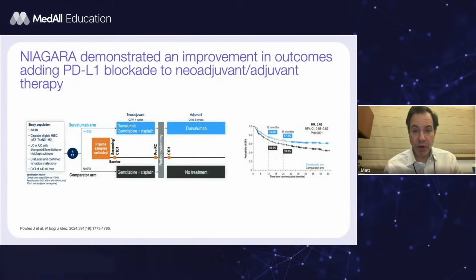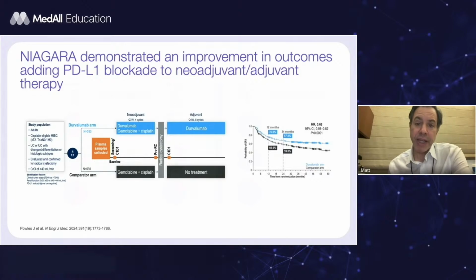So we have one large data set and several smaller data sets evaluating the potential role of ctDNA testing in the neoadjuvant setting. And that data set comes from the NIAGARA study. And this was a randomized study of gemcitabine cisplatin plus or minus durvalumab in patients with muscle-invasive bladder cancer. And patients who were randomized to the durvalumab arm continued durvalumab after surgery, after cystectomy in the adjuvant setting. This study demonstrated an improvement in event-free survival and overall survival, leading to regulatory approval of this treatment regimen for